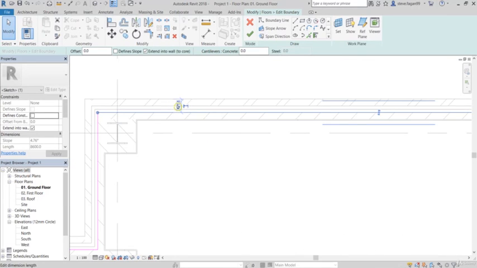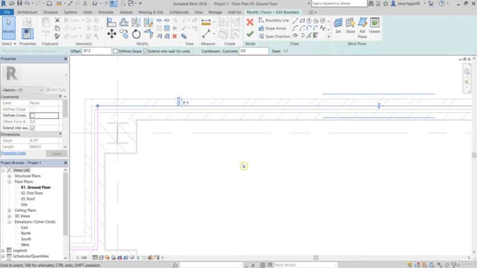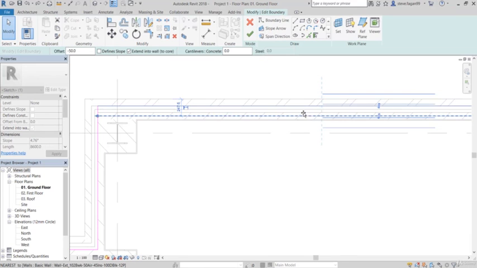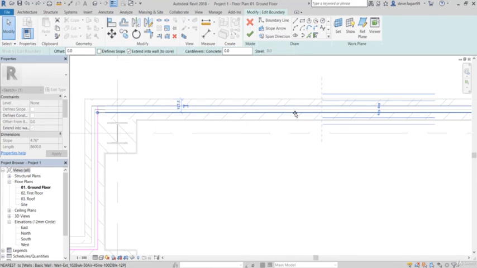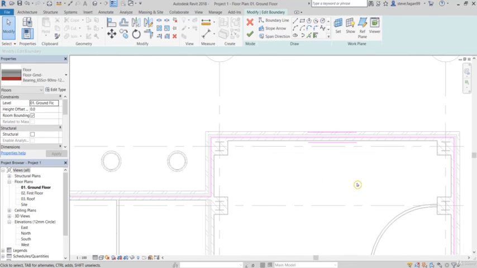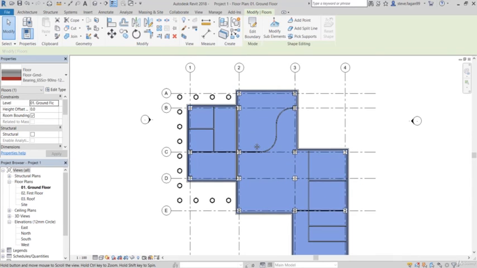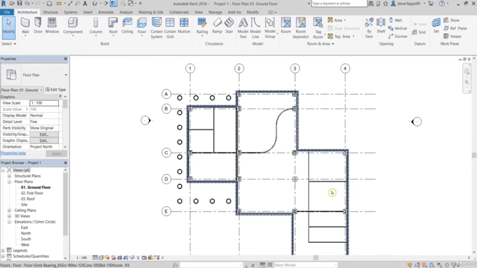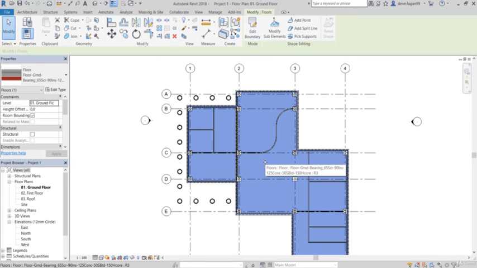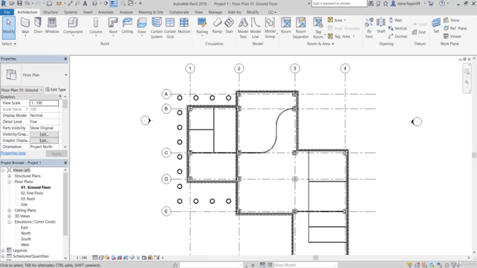We can also adjust its position using the temporary dimension there. If I give that 100, I can pull it up to the inner face of the brickwork. To bring it back, I can just click and drag back to the exterior face and green tick to finish. What I'm going to do is turn off select elements by face, the reason being I can accidentally click on the floor slab, which can get in the way. So if I turn that off,